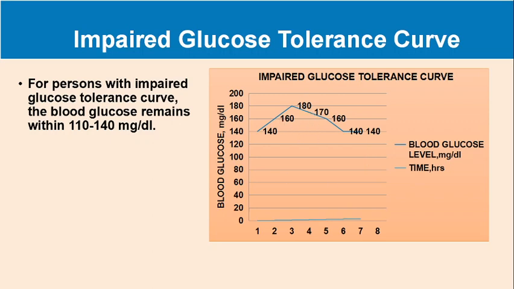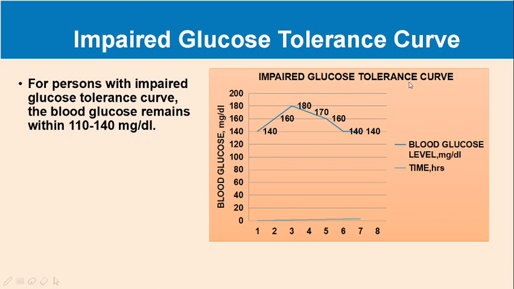Okay, so these persons will have a urine sample also simultaneously collected at each interval to check for the presence of glucose and ketone bodies. Okay, for the normal patients there will not be any glucose and ketone bodies in the urine sample, whereas in the case of impaired